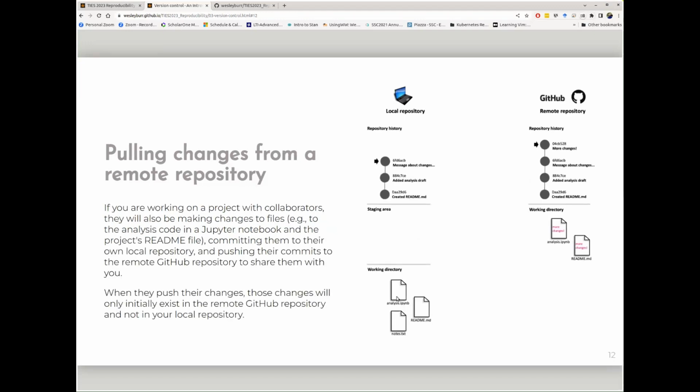So now let's say I'm working with a collaborator, and they may be making changes as well. And so they grabbed the latest version of the repository, which was this pointer at this 6FD6ACB reference. They pulled it to their local computer. They typed, and they made some changes. They added those changes to the staging area. They committed them and said, more changes! And pushed it up to GitHub. Now those only exist remotely, not locally.